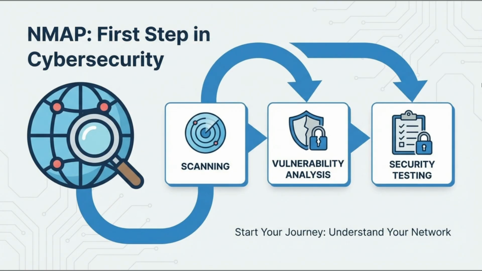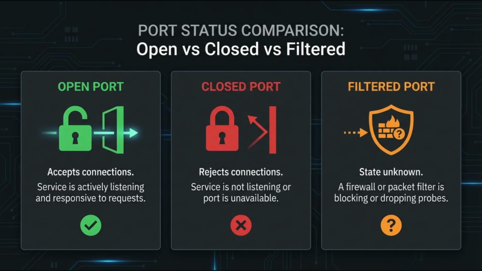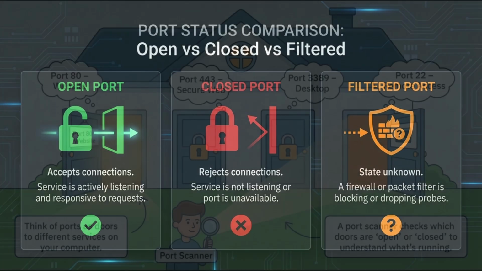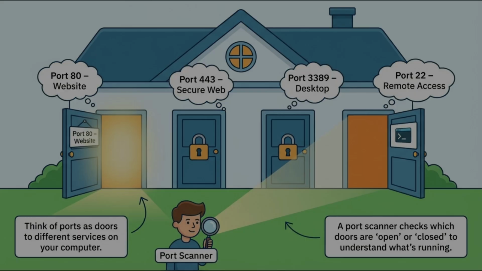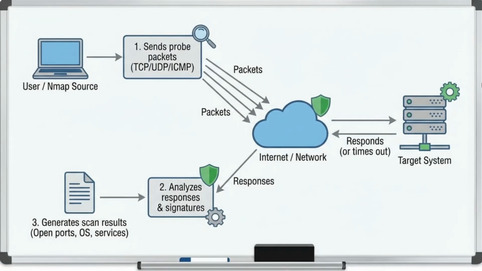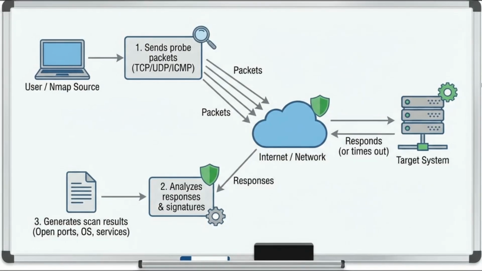So professionals balance scan intensity. Exactly. Too aggressive, alerts everywhere. Too gentle, misinformation. Experience finds balance. Documentation saves careers, until something goes wrong. Documented scans protect you legally and professionally. They show intent and scope. Many beginners ignore legal basics. That's dangerous. Understanding permission, scope, and consent is as important as knowing Nmap itself.